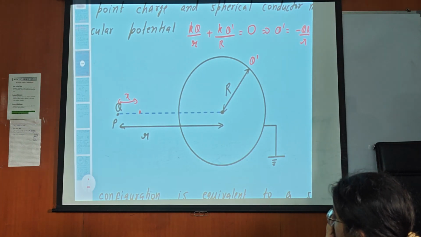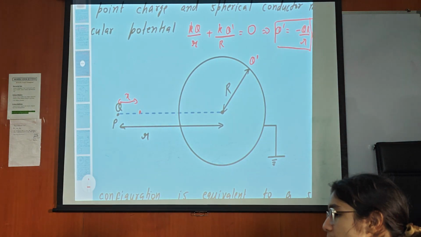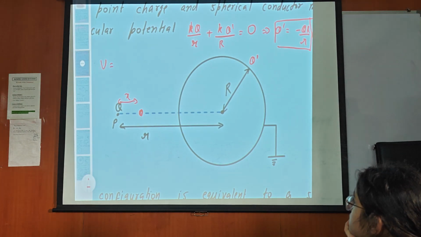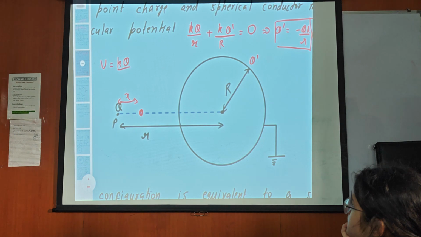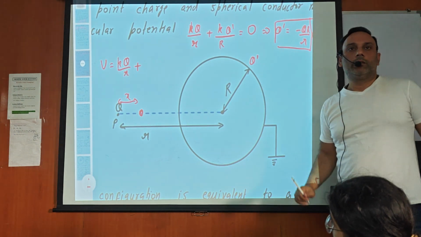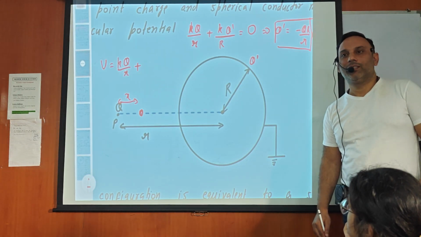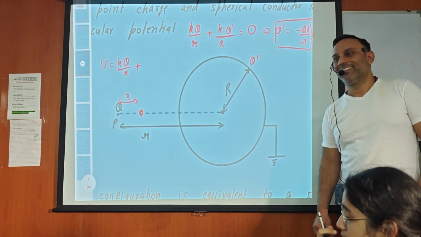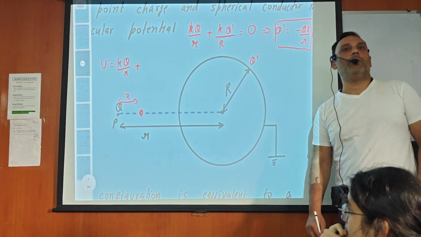So according to Ojas, we have obtained this charge. Now I want the potential at this point. So the potential at this point, I can write, is the potential due to charge q, which is kq divided by x. Now I want to write the potential due to charge q dash. So what to do? Sir, we cannot say that, because its distribution will be non-uniform. Yes. Because there is a point charge outside, due to it there will be an uneven distribution. Very good, very good. So that is basically the complexity.